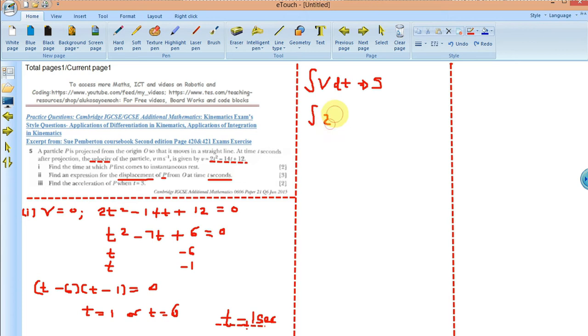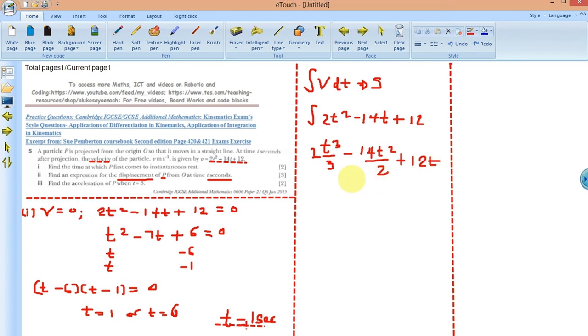So this will give me what? Displacement S. So integrate. What is the function? 2t squared minus 14t plus 12, because that's the function for velocity. So you integrate that function. This is a quadratic function, so I hope you guys know how to integrate. You just add 1 to the power. So that will be 2t cubed over 3. Then minus 14t squared, divided by the power 2, then plus 12t, equals